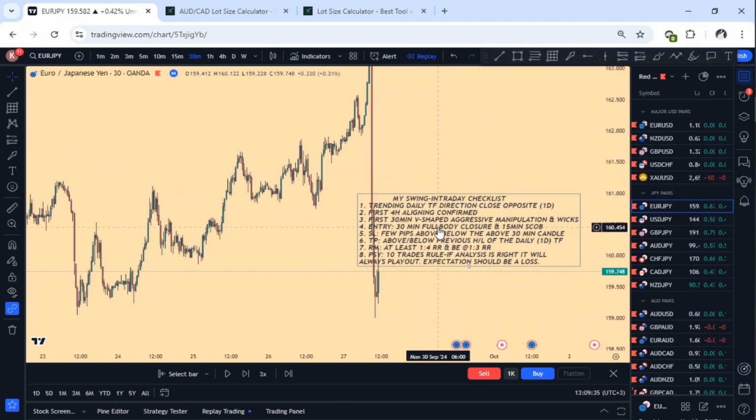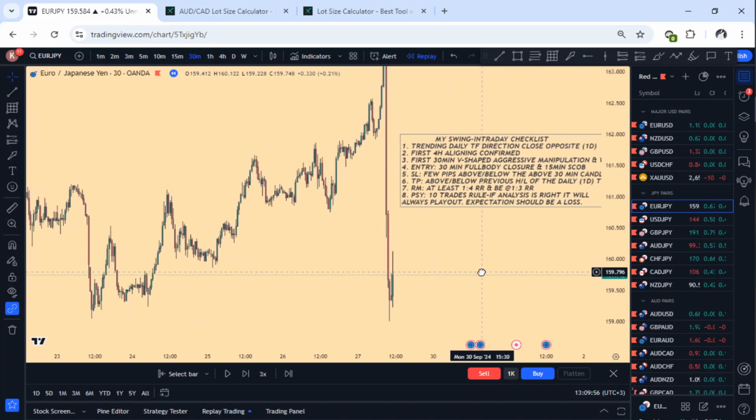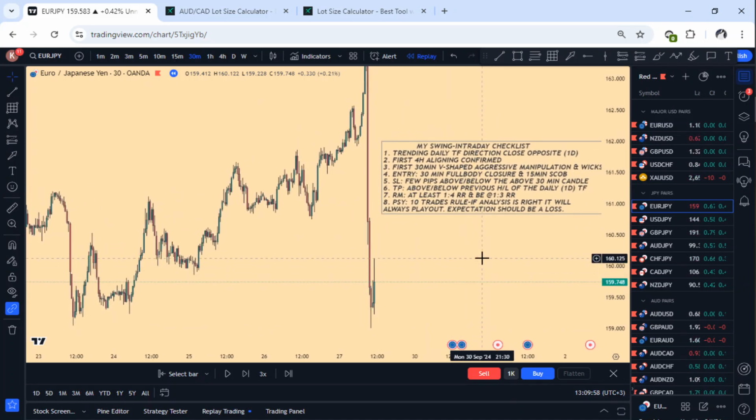But for me, the strategy says clearly here that at least 1 to 4 is absolutely phenomenal, and then BE at 1 to 3. We don't just rush to BE. Actually, what we do is we place our stop losses halfway or very close to BE, but not BE, so that you give it room to breathe. The trade I am in today is not moving well. It's really playing with my emotions, but it is above BE, which is still fine by me,